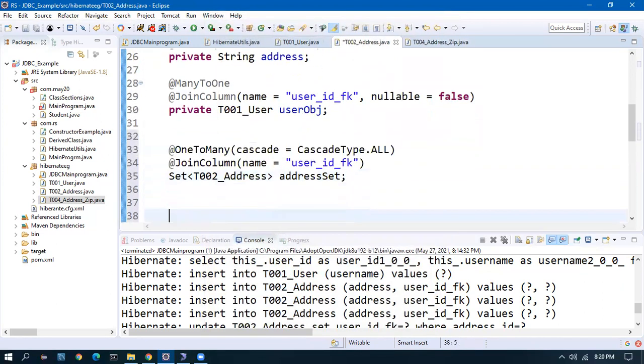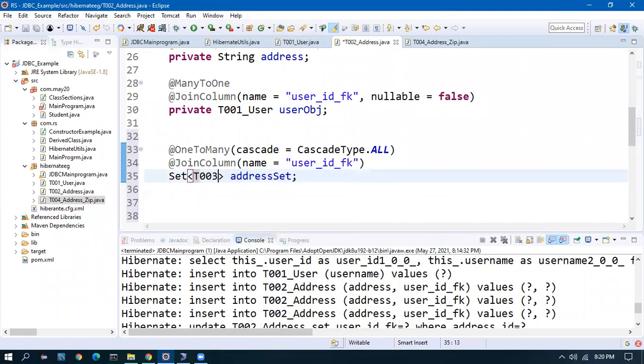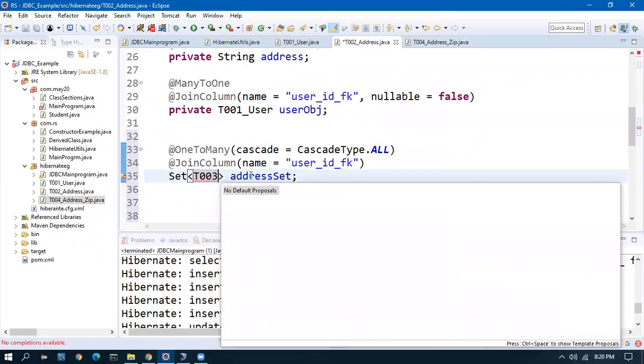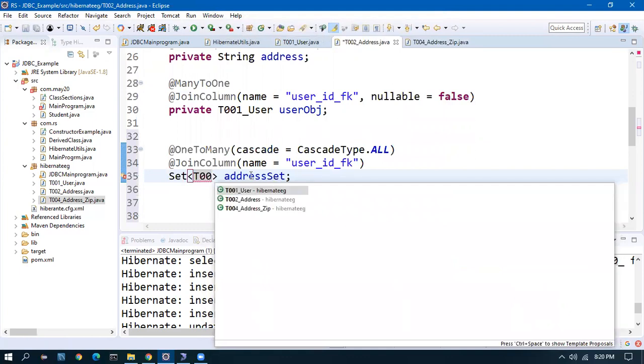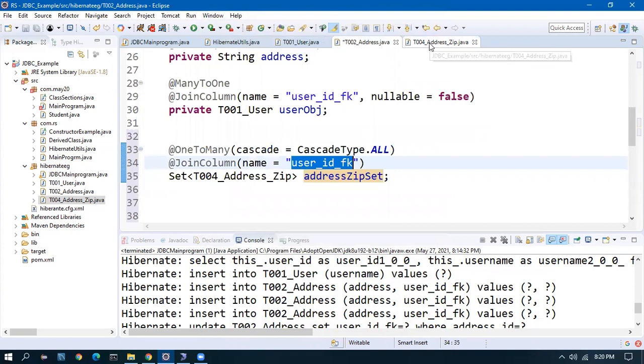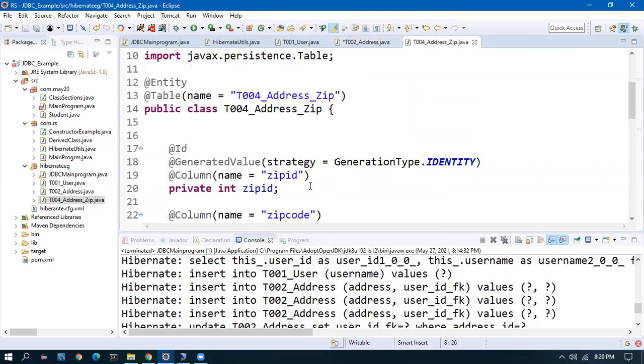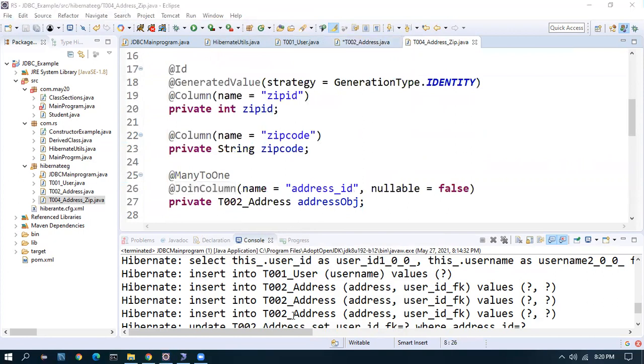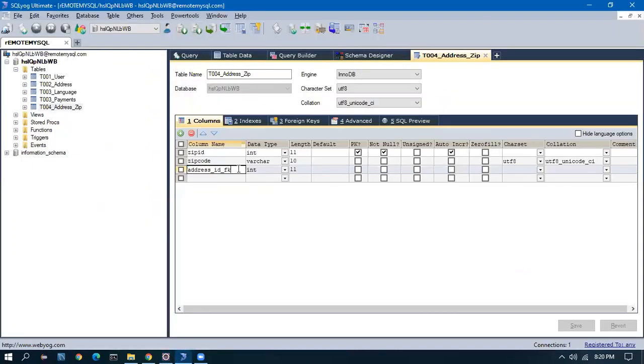The address is going to have the T004 address zip set. What is the column? It should be the column from this table, FK.